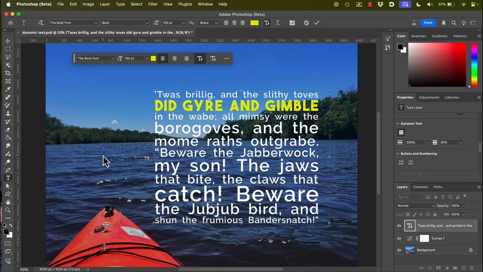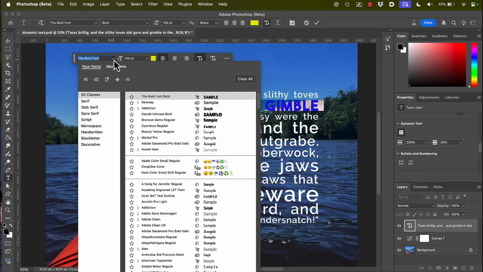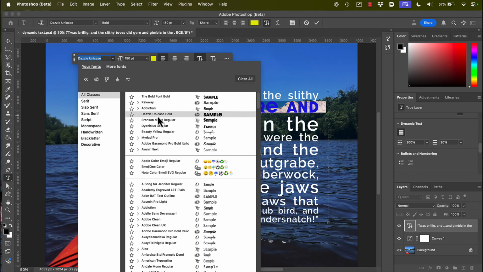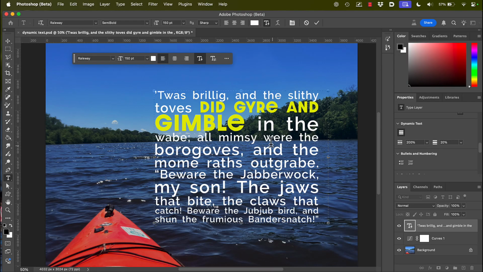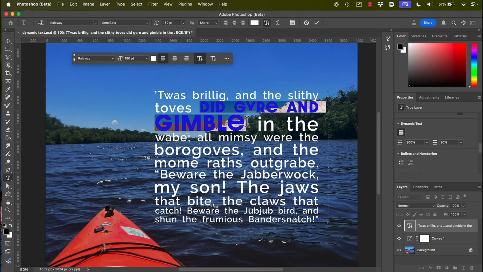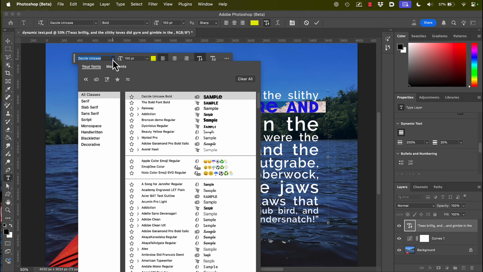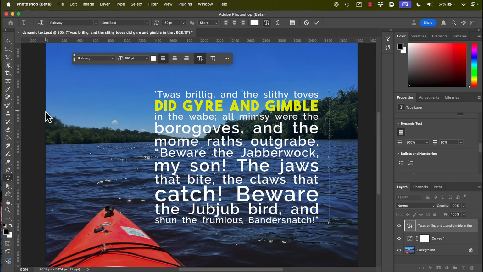Some of the other fonts are not going to work, and the whole thing is going to be a little out of whack. And actually, I'll show you. So let's say if I take that and maybe I make this Dazzle Unicase, well, you can see it's not quite behaving. Well, that's what happens when you're dealing with beta software.